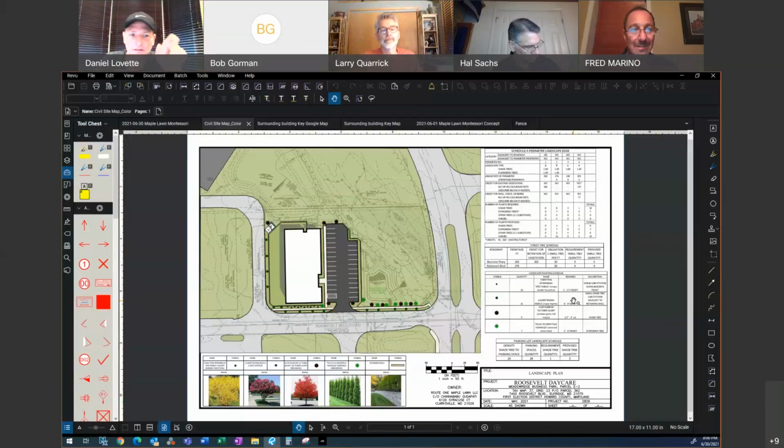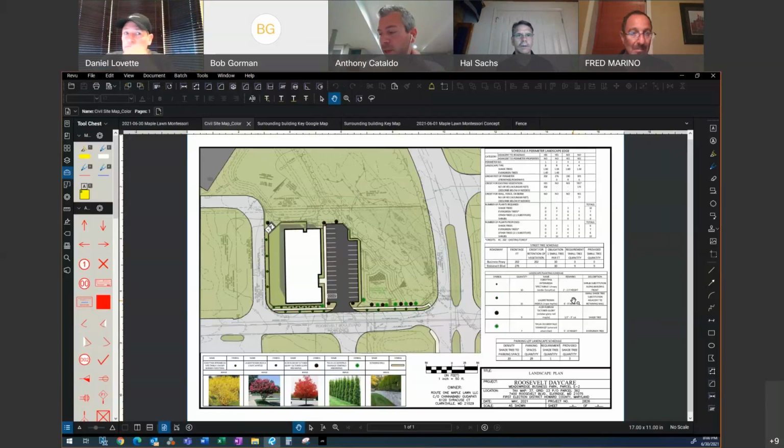So did we cover the widening of the concrete for the sidewalk or add the stop bars in the parking lot so we don't get that overhang? Yeah, I think that's what Larry suggested, was that they take a look at the width of that up to the building. Can we do a revote of the crosswalk to be added at the drive entrance? Because I'm not sure that we got a vote on that. Yeah, Bob Gorman seconded, and all those in favor, aye. Aye. Thank you.